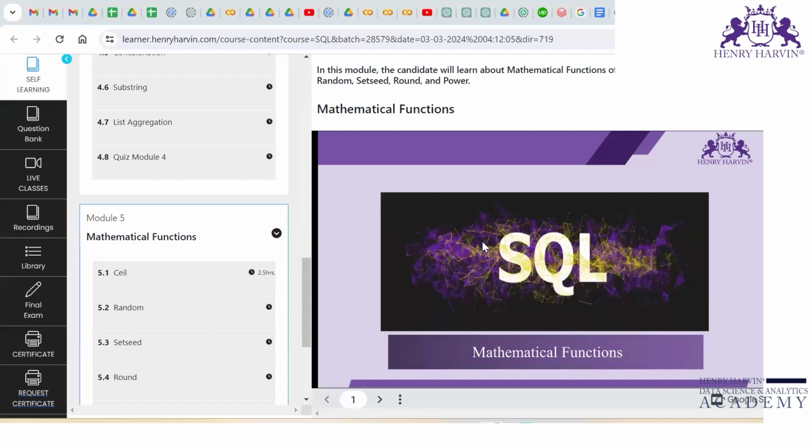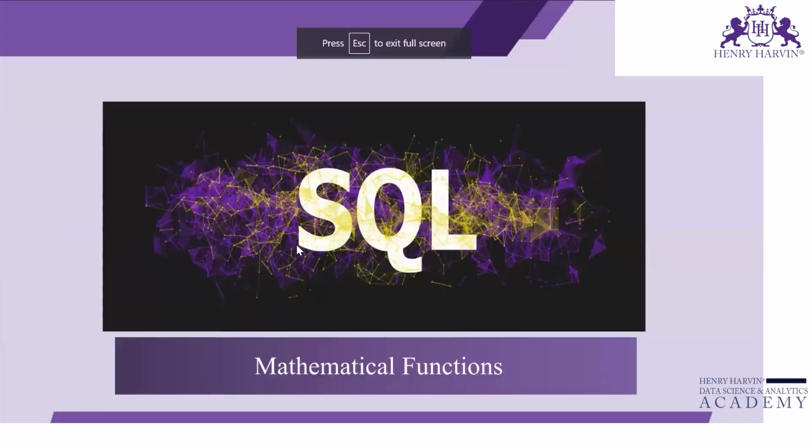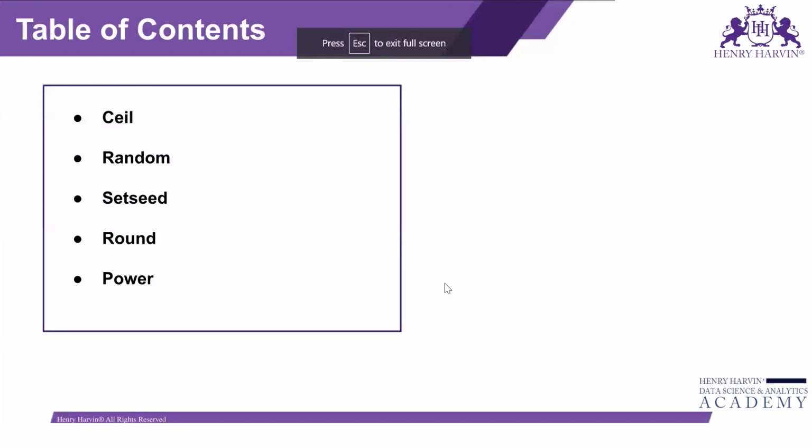Things like rounding the numbers, calculating the trigonometric values, and more. So those are the particulars that you can have when you are dealing with mathematical functions. In the mathematical functions, these are some of the particular functions that we will look at. We will look at the Ceil, the random,